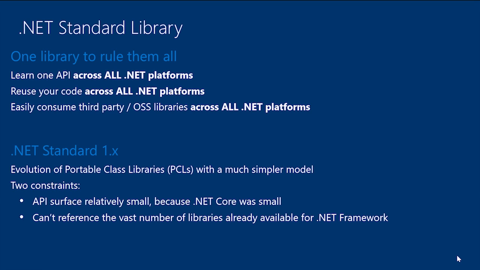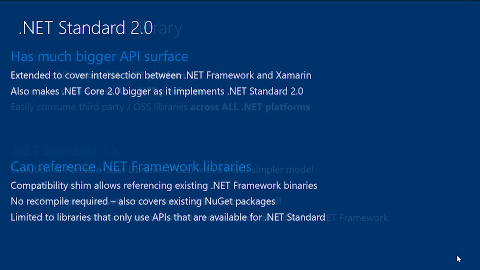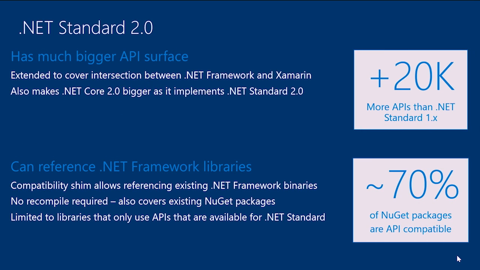Now, with Windows 10, the first release, we came out with .NET Standard 1.4, which was great, but it had some constraints. Mostly that the API surface area was relatively small and that you couldn't leverage the existing .NET libraries out there. Now, .NET has a big history with a lot of different .NET Framework libraries out there. So I'm really excited to share that with .NET Standard 2.0, we've significantly closed the API gap, and we've added